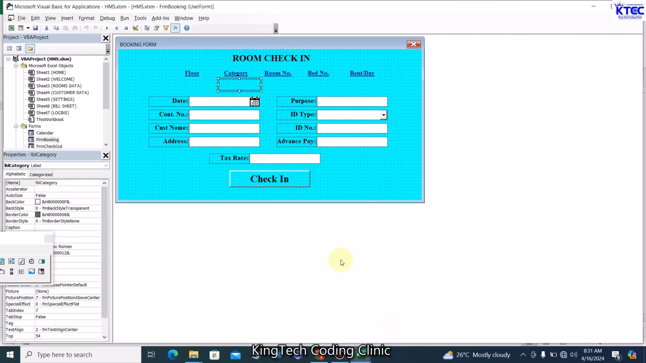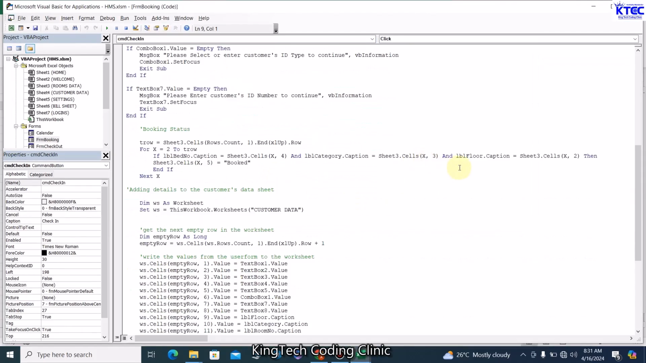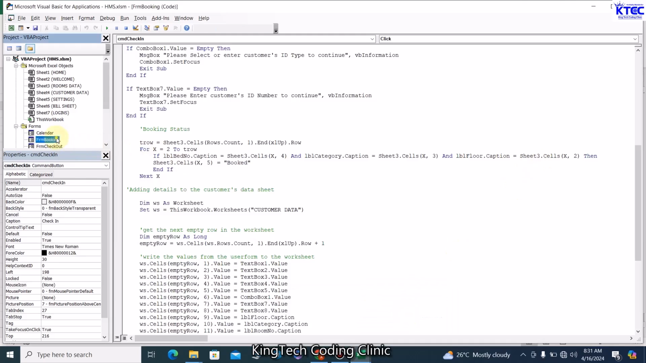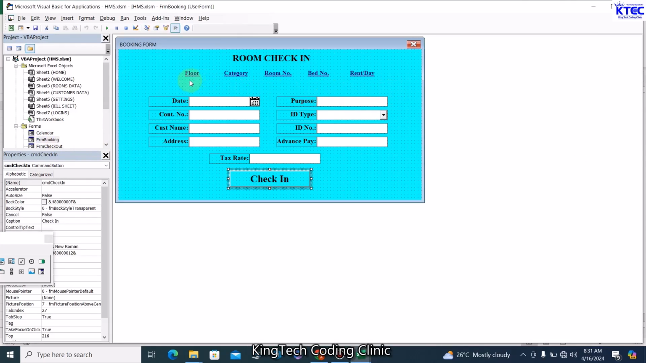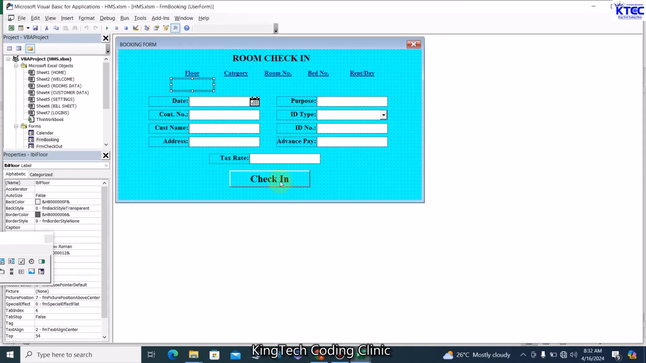And then what else in the validation, in the checking up, and also the floor, the LBL floor dot caption. The LBL floor, where is it? Let's look at LBL floor. This is it. If this is also equal to what we have here, so we are checking this and that. If all of them match, if what we have here matches what is on the form,